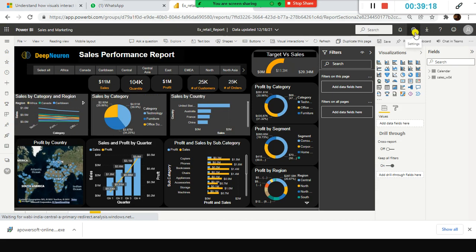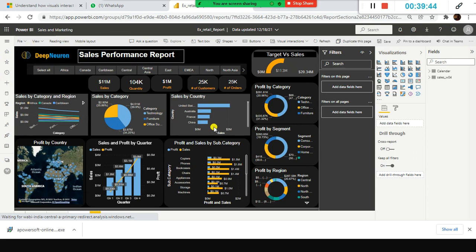So look here, this is the report I published on the cloud, on Power BI. So don't worry, we are yet to complete how to design a dashboard. So far we covered the bits and pieces, different visuals like tree map and bubble chart, all the things we discussed, and how to design a dashboard, right? So that we will see probably in tomorrow's session.